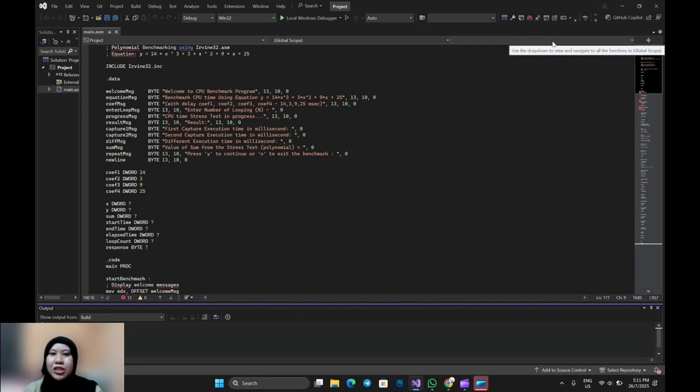Welcome to Project 2, CPU benchmarking using assembly language. We develop our own assembly program to simulate CPU load using a mathematical equation. The equation that we use is y = 14x^3 + 3x^2 + 9x + 25. The coefficients 14, 3, and 9 were derived from the birthdays of our members, while 25 is